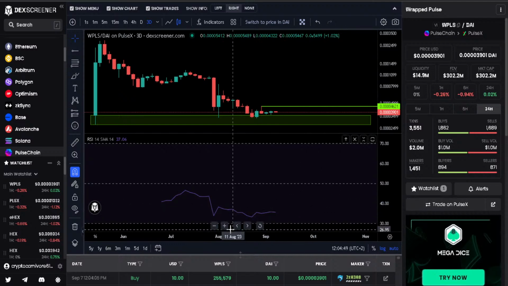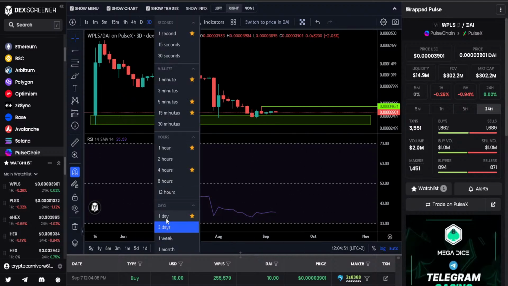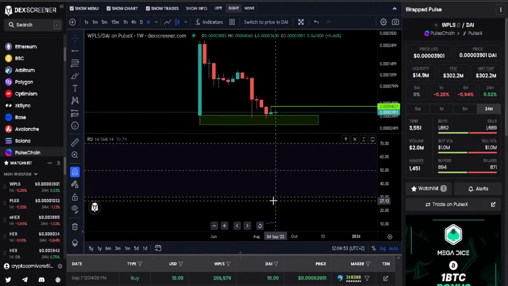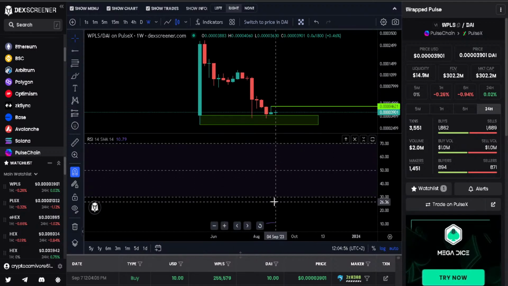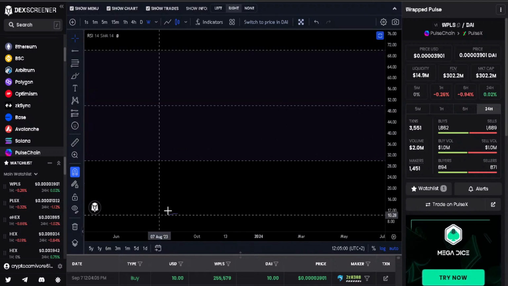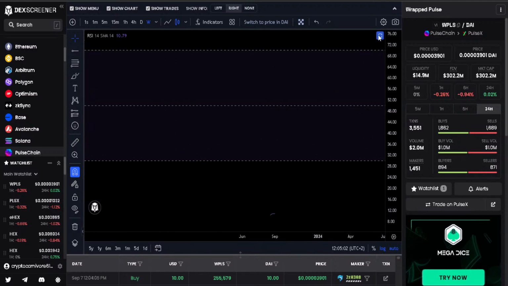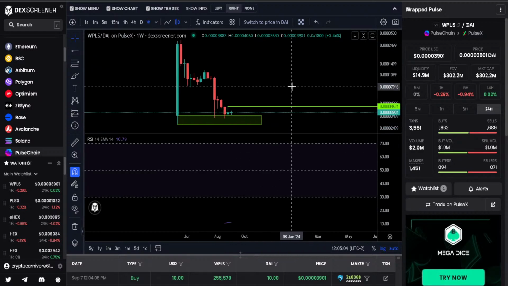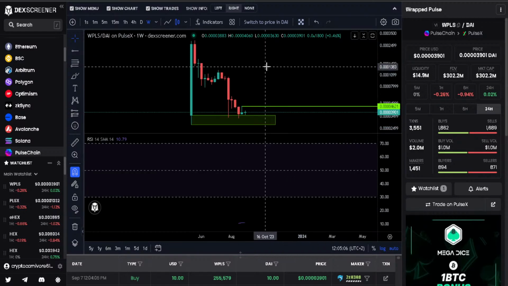This RSI is pretty low for the 3-day chart. If we go into the weekly, this printed 1 to 3 weeks ago. The RSI is literally right at the bottom down there. So, I mean, there's lots of upside for the weekly chart. It's just printed recently. So,